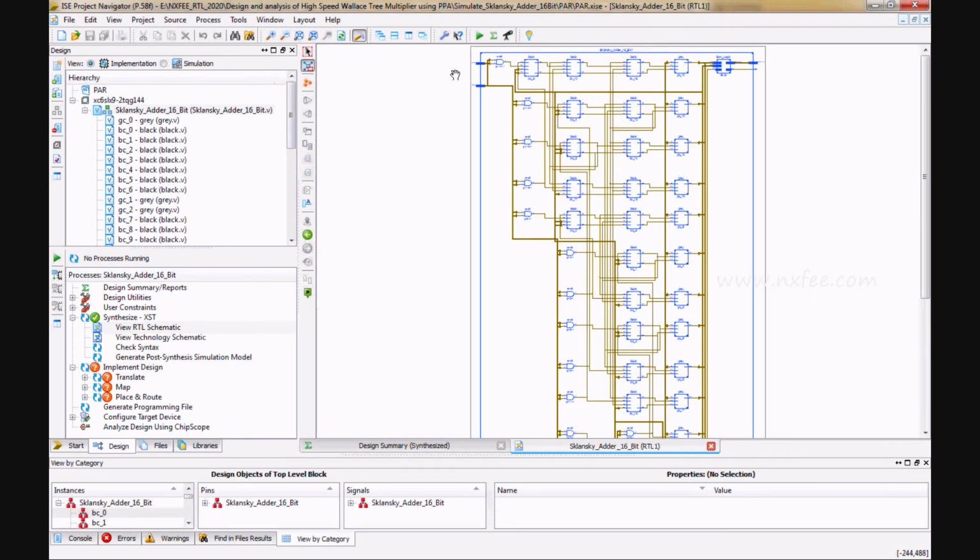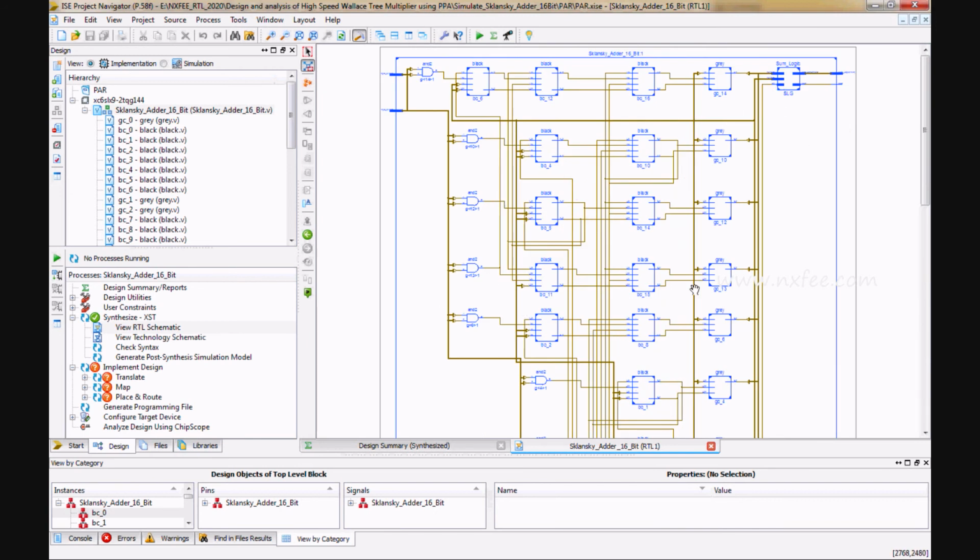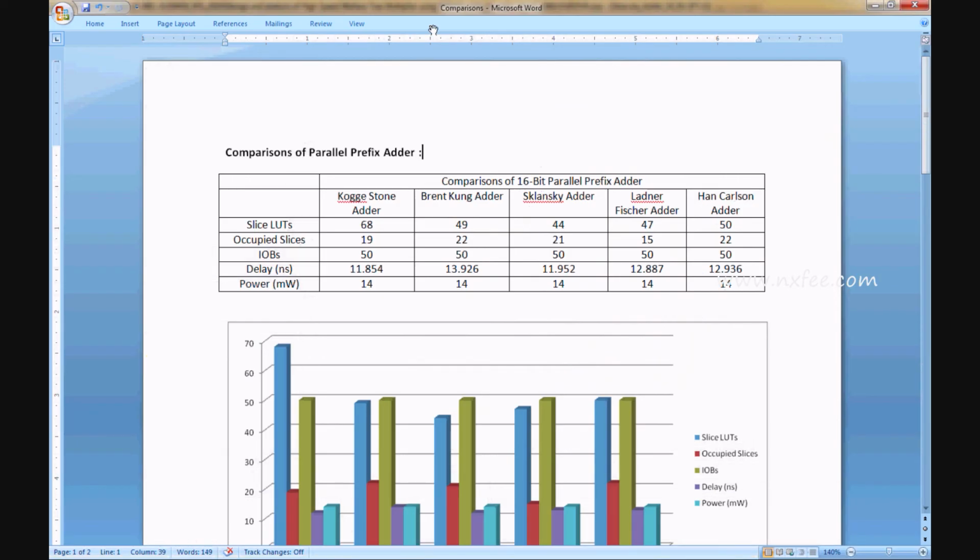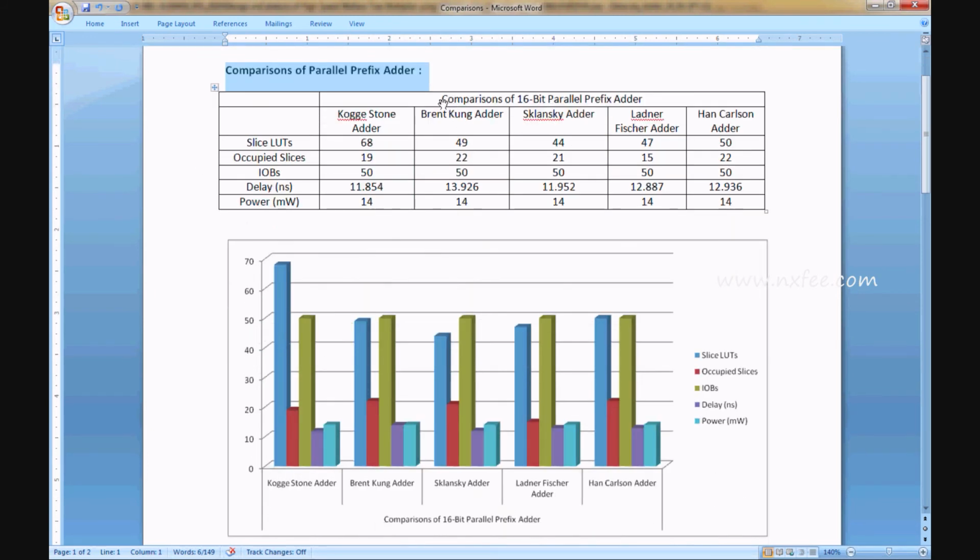So this is the final sum addition logic. We compared all these parameters and they are drawn as a table. This is a comparison of parallel prefix adders: comparison of 16-bit parallel prefix adders Kogge-Stone, Brent-Kung, Sklansky, Ladner-Fischer and Han-Carlson.